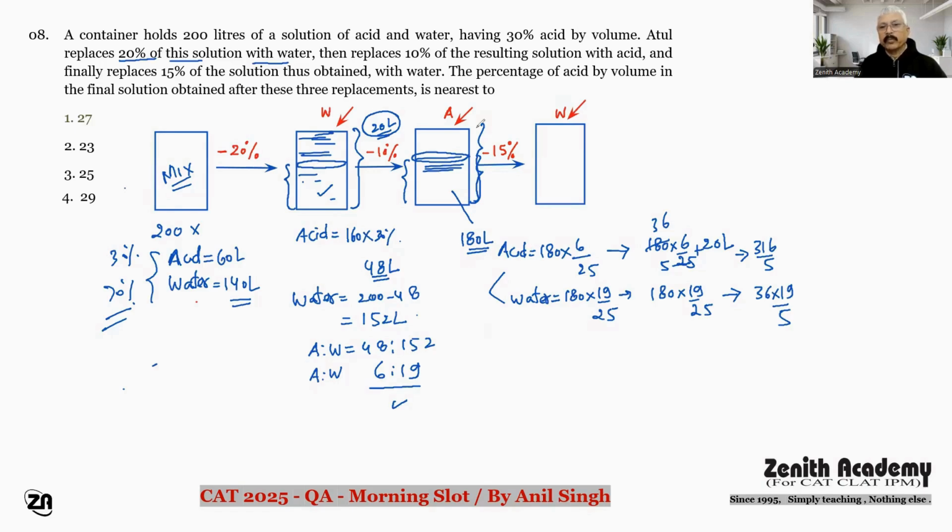अब जब ये एसिड आपने 20 लीटर और ऐड कर दिया, तो इसका मतलब आफ्टर दिस replacement with the acid, the quantity of acid will be this plus 20 liter more, which is equal to 316/5। एंड वाटर सेम रहेगा, इसमें जितना भी वाटर था, क्योंकि एसिड पूरा का पूरा 20 लीटर आ गया। तो इस तरीके से आपको एक नया रेशियो मिल गया बिफोर द फाइनल स्टेज। फाइनल स्टेज में क्या करा आपने, 15% मिक्सचर इसका निकाले, तो 200 का 15% कितना होता है, समझ गए। और उसको आप रिप्लेस किससे कर रहे हो, वाटर से। तो जो कुछ भी फाइनली ये बचेगा,